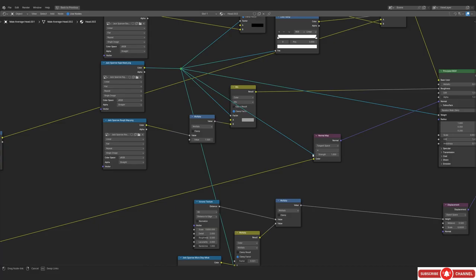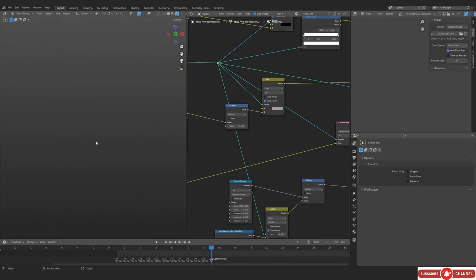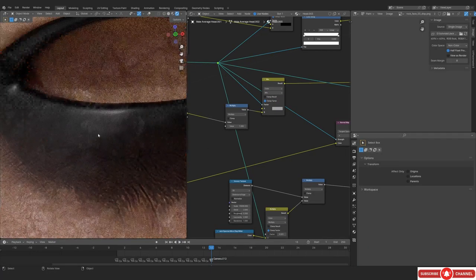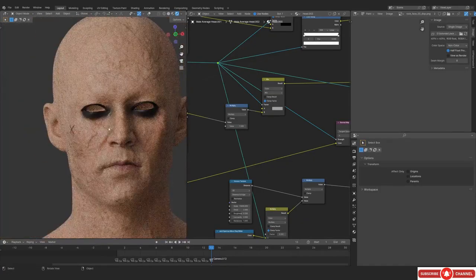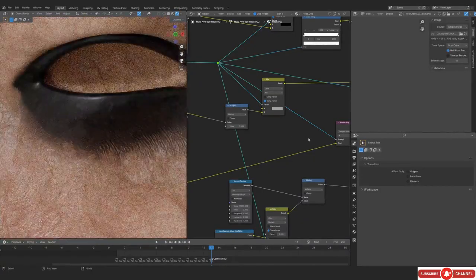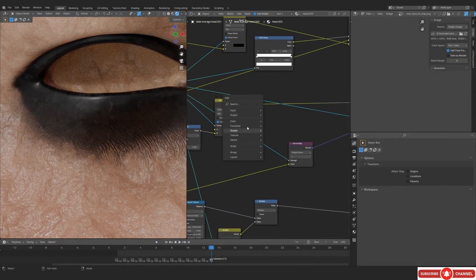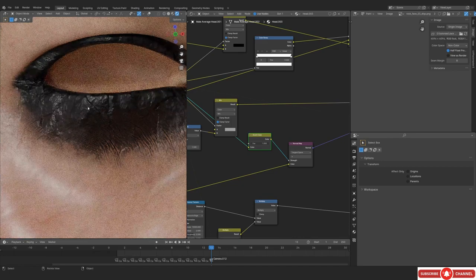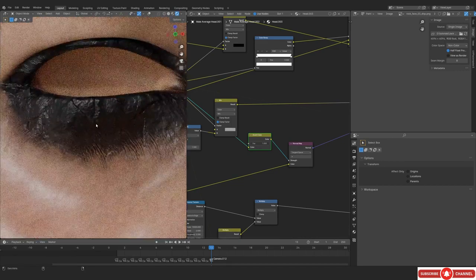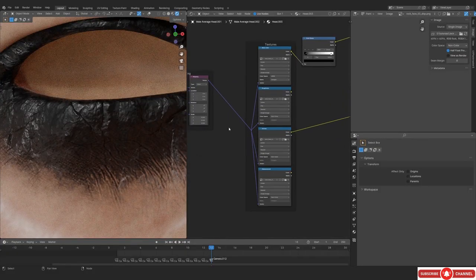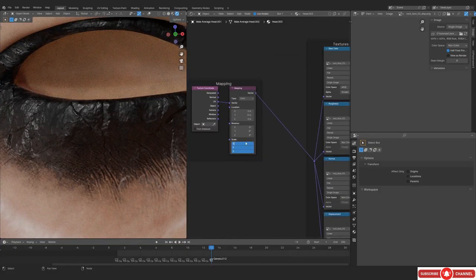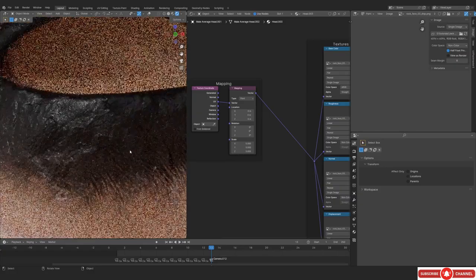So now let's just do the same thing, but instead of displacement we are going to be using the normal map, and we are literally doing it in the opposite, because remember the mascara was black. So yeah, we have to flip the mask. So let's just invert it, and it should be okay. Yeah, you can see it is working now. So it's good, but the strength is definitely a little bit too much. So first things first, I think the size of it is a bit too much as well.